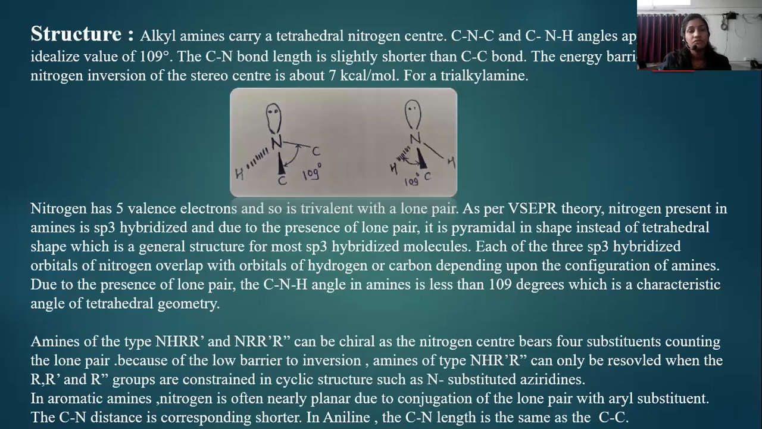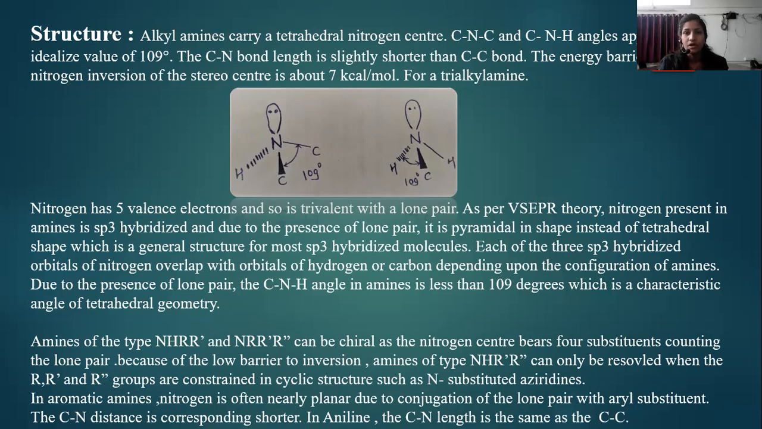Now we introduce the structure of amine. Alkyl amines carry a tetrahedral nitrogen center. The bond angles between carbon, nitrogen, carbon, and carbon, nitrogen, hydrogen approach a value of 109 degrees. The carbon-nitrogen bond length is slightly shorter than the carbon-carbon bond. The energy barrier for nitrogen inversion of stereocenters is about 7